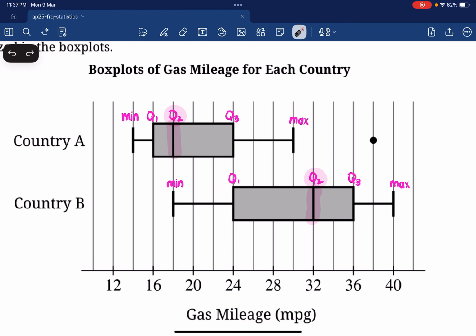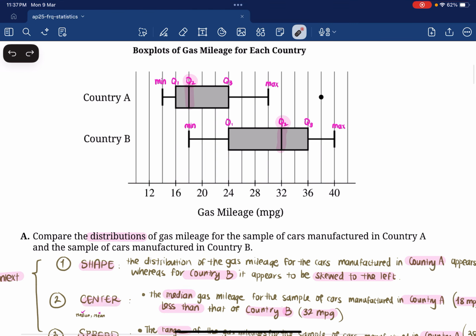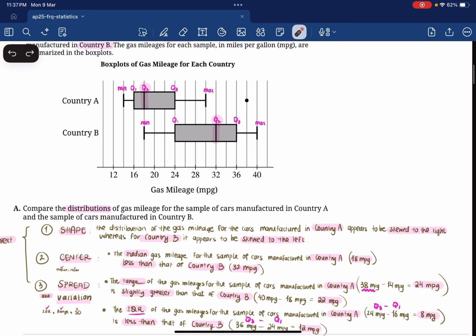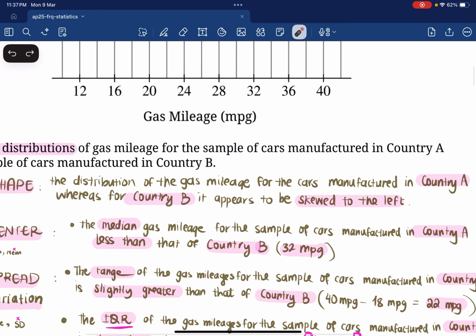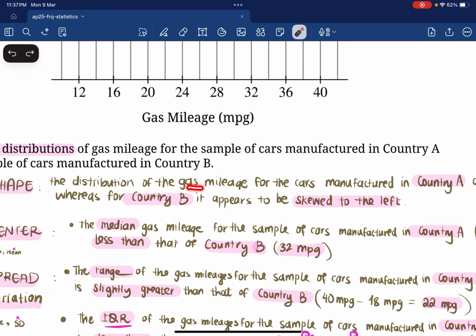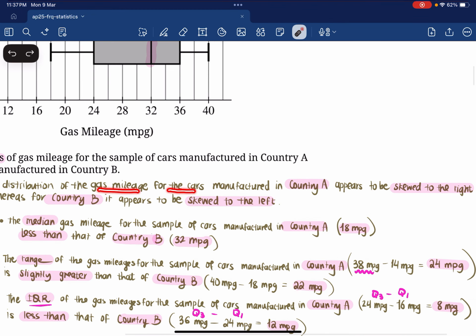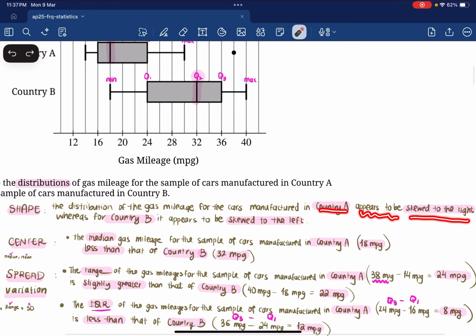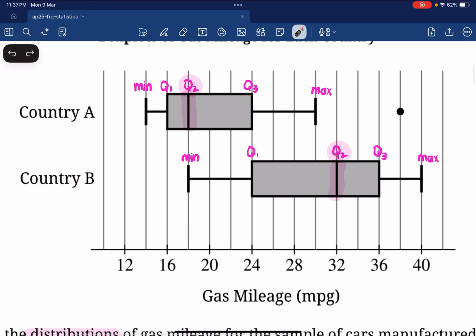But of course, it's not enough to say the distribution is skewed to the right, full stop. You must answer in context. So you must say the distribution of the gas mileage for the cars manufactured in country A appears to be skewed to the right. Whereas for country B, the box on the left side and the tail on the left